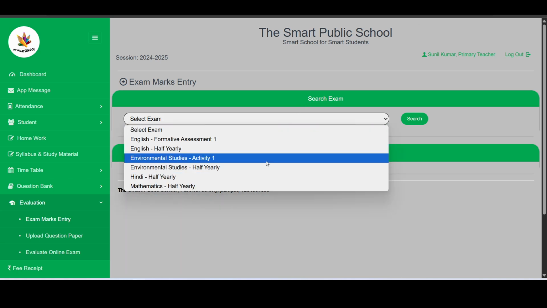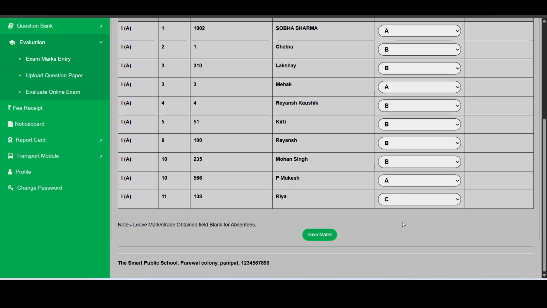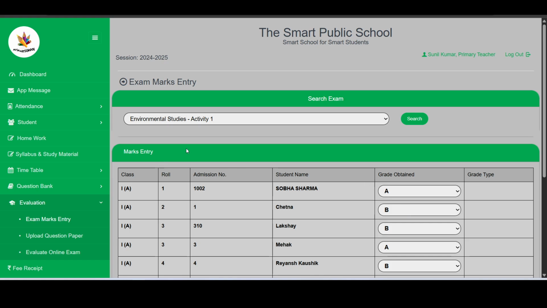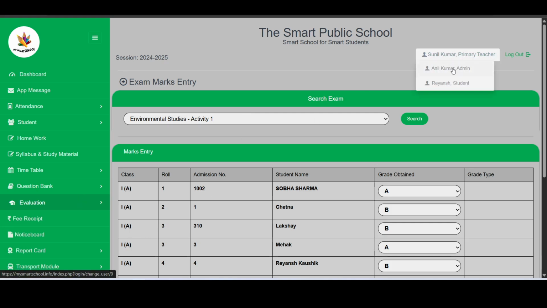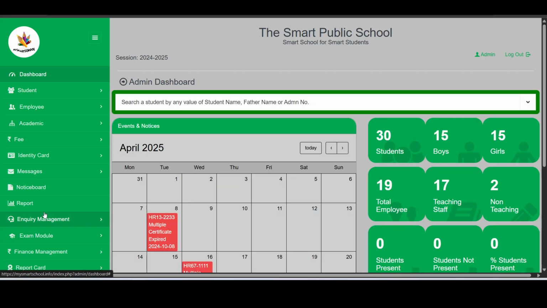You can check again here if you want to see, and it will look like this. So it is a very easy and efficient way to manage your examinations: create the exam, and from the start of the session fill in all your marks here, and later your report card will be generated automatically. In the next video I will explain how to create report cards and fetch all these marks, and create all other reports regarding exams.